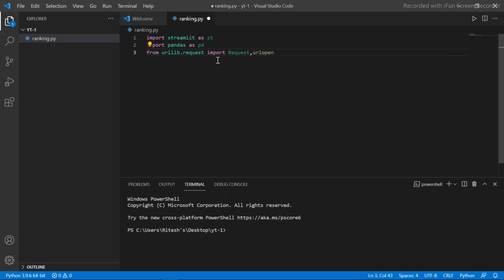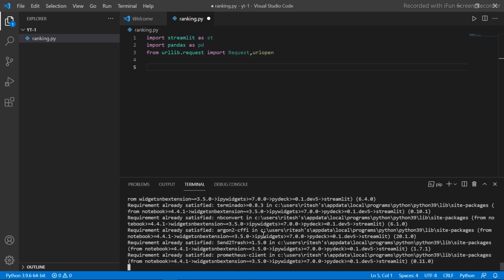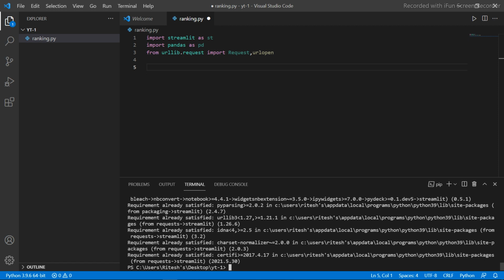Now I have every library imported. If these are not installed in your system, first go to the terminal and install them using the pip command. Pip install streamlit. I have already installed it, so it shows requirement already satisfied.